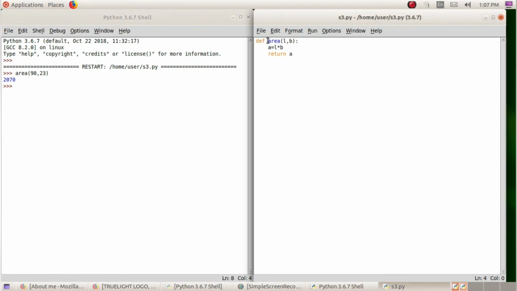Okay, this way we can do it. These two types we can make use of the function